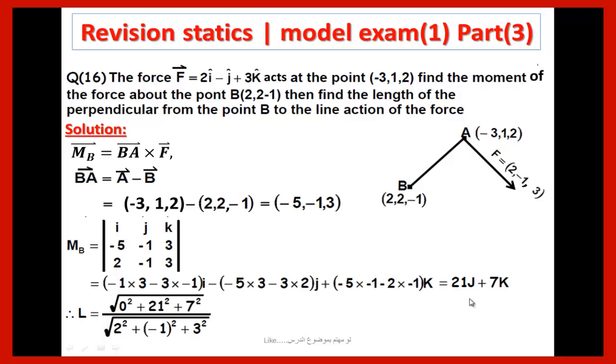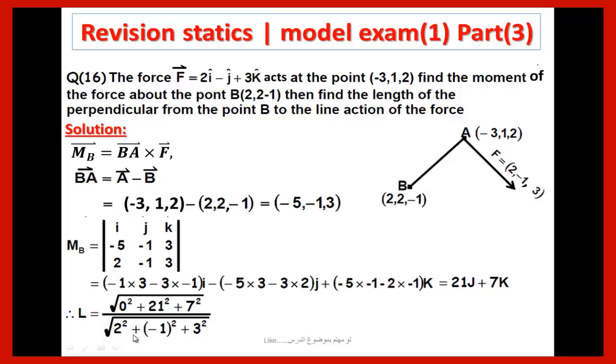The component in the direction of j is 21, and the component in the direction of k is 7, over the norm of